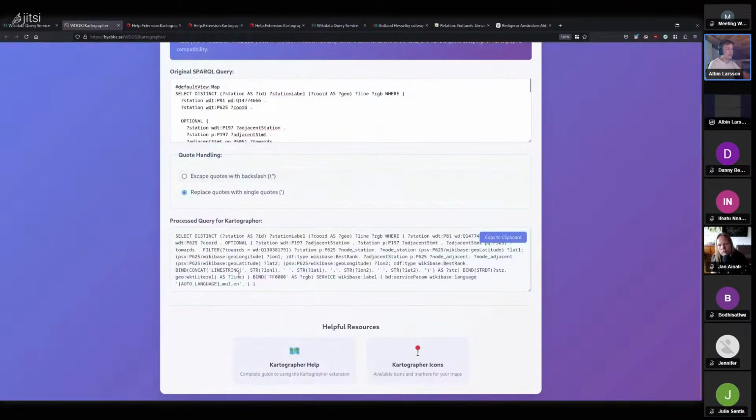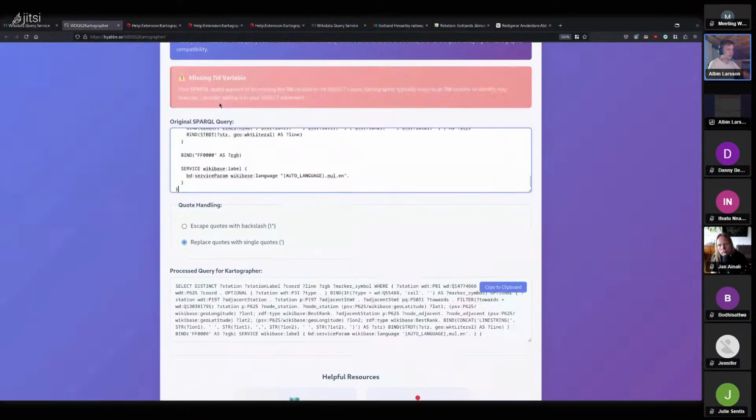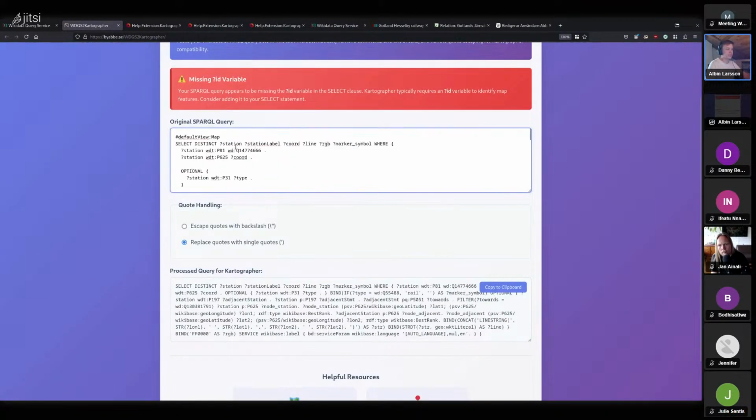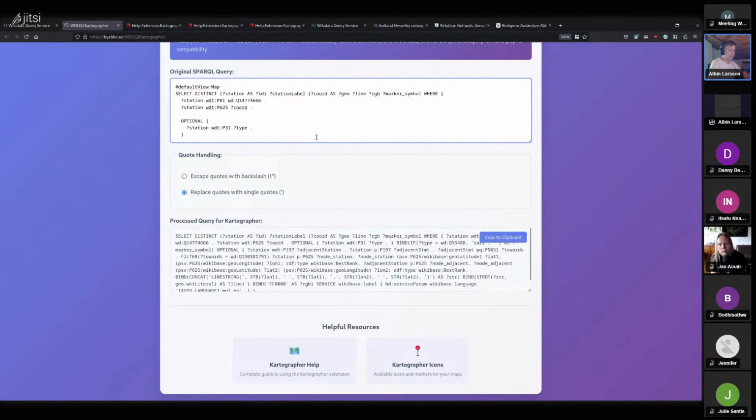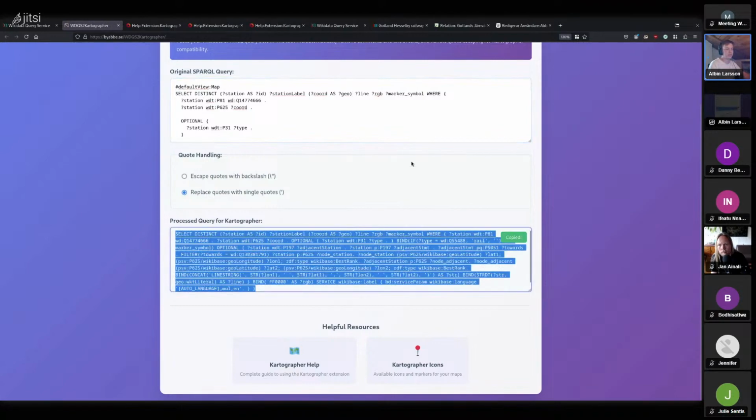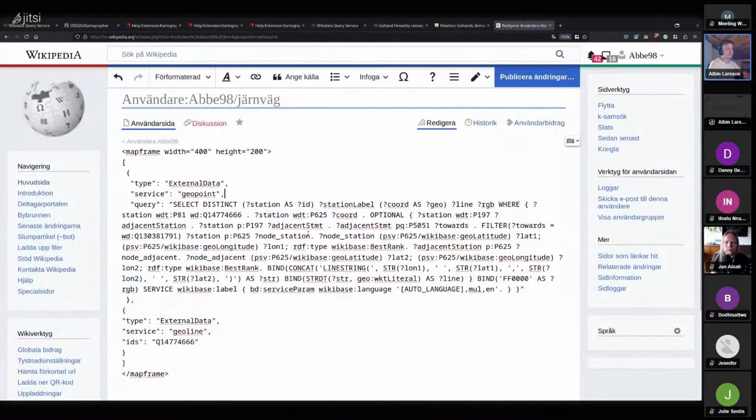Once again, I'm gonna take this because it's quite quick with this tool, so I don't feel a need to just do the parts I want. So station should be as ID, and chord should be as 0. And that should be it. So I'm gonna copy it to clipboard,